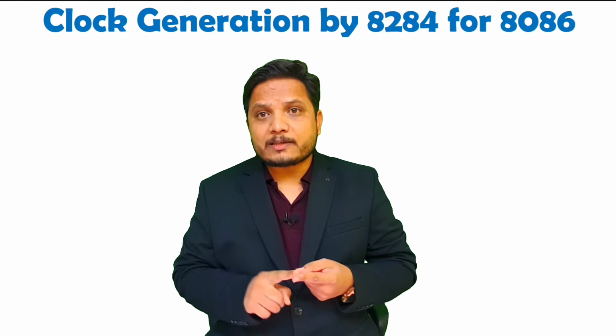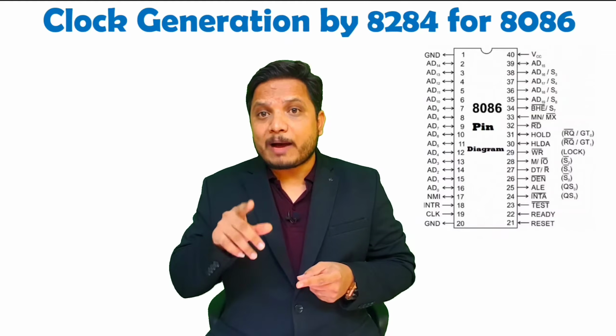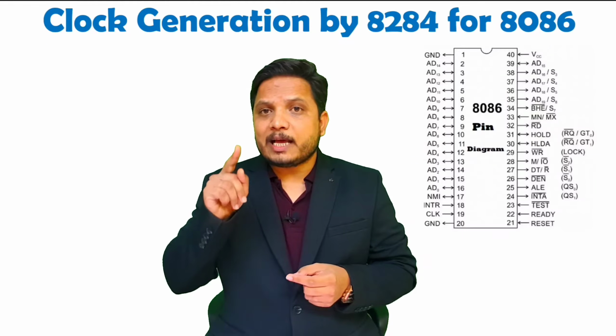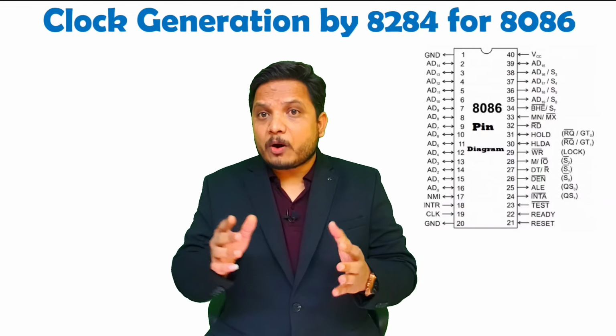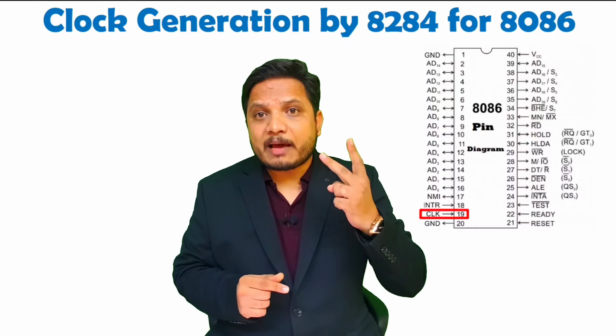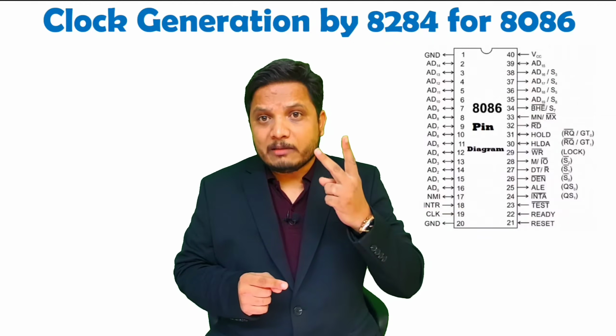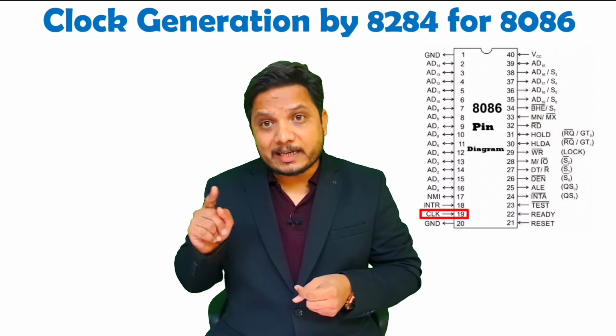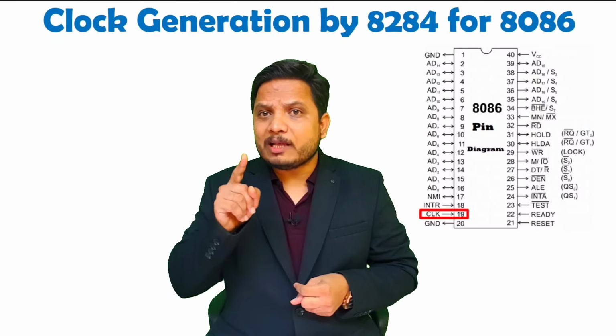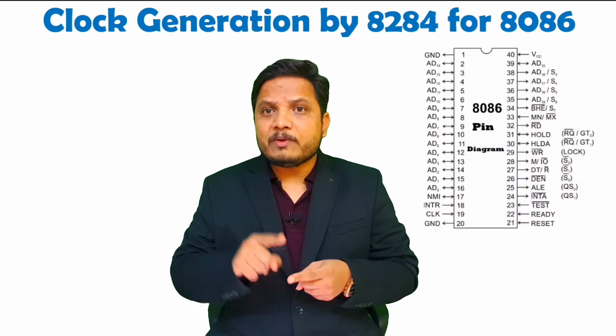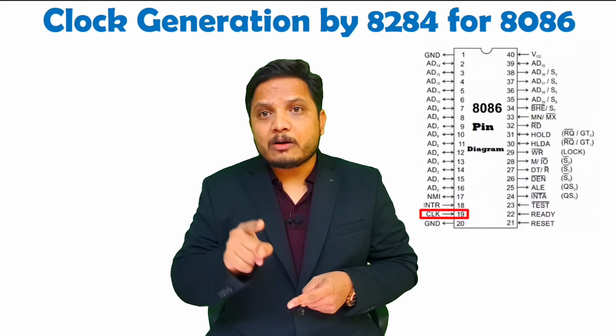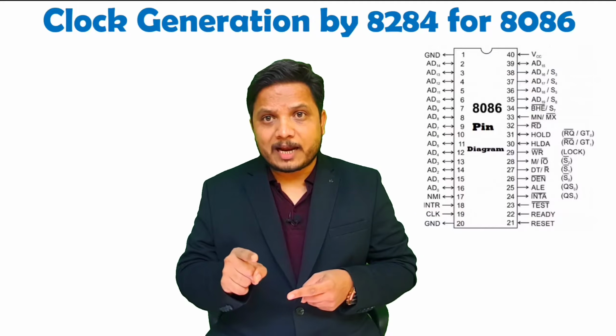Here, my dear students, if you observe the pin diagram of microprocessor 8086, you have only one terminal for clock. If you observe 8085, in that we had two terminals, so in between the two terminals, we can connect a crystal clock. But here with 8086, we have only one terminal. So obviously we need to give a direct, stable and synchronized clock to 8086, right?